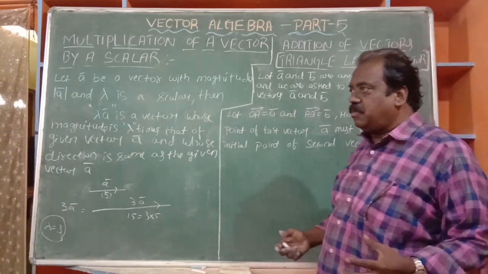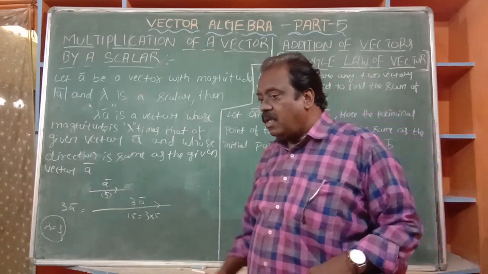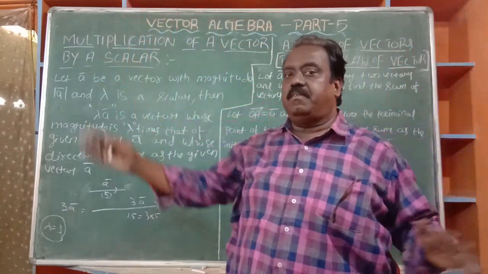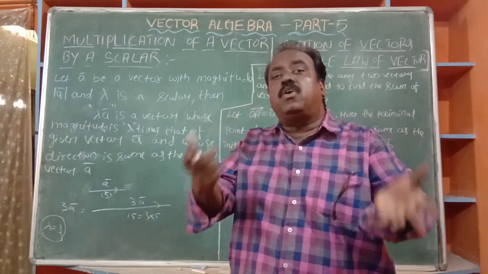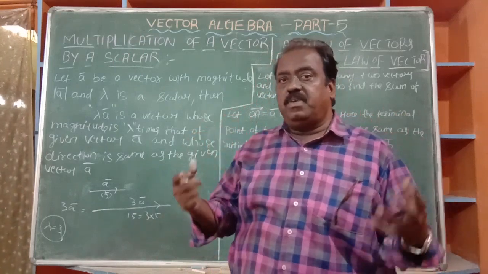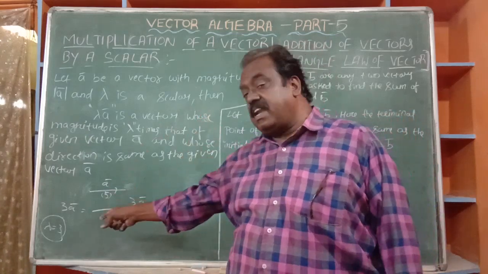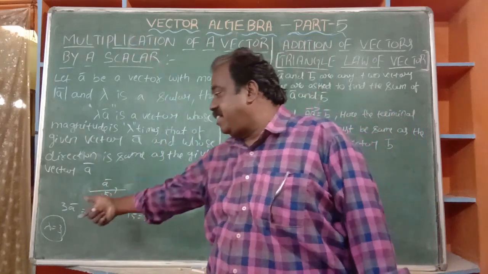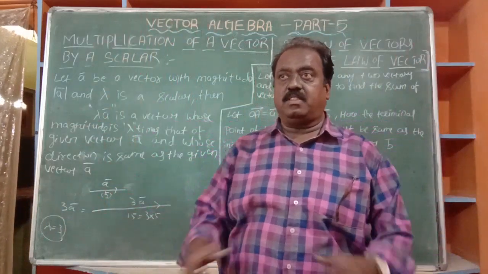Suppose vectors are in space. Already, it is a vector A bar in space. Every time, when you think of vectors, assume your room where you are observing this class. That room is a three-dimensional space. That corner is the origin, this is the x-axis, this is the y-axis and this is the z-axis. Now I am standing in a space, a three-dimensional geometry.